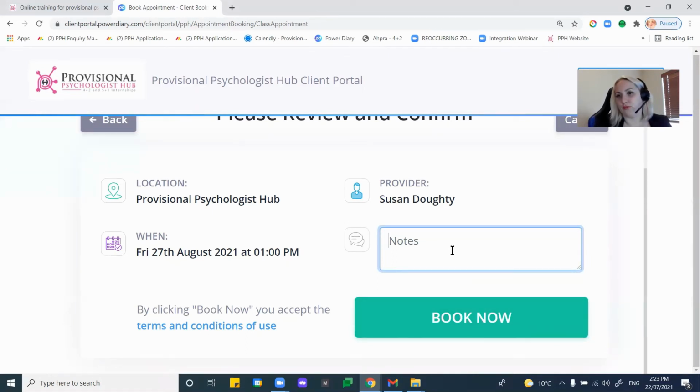One example of what I might write here is I might be a member, but I might have purchased an extra 10 groups because our members are allowed to purchase top-up packages for their supervision when they want to do a little bit more than what is included. Now, that's okay, but if we don't know that it's part of your top-up package, we won't know to apply it. So I might write here, top-up